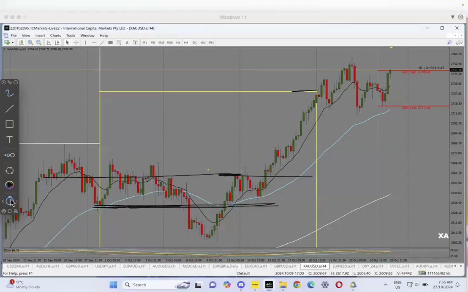Now, remember what I said to you. Look at what the dealer does. He forms a low, respects the low, comes back here, breaks the low, comes back within the range. He does that all the time. When he breaks the low or stop hunts low or high, then quickly comes back into the range as if he didn't do anything. But he has already caused damage by this move.